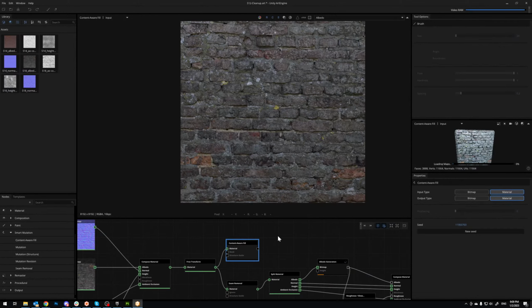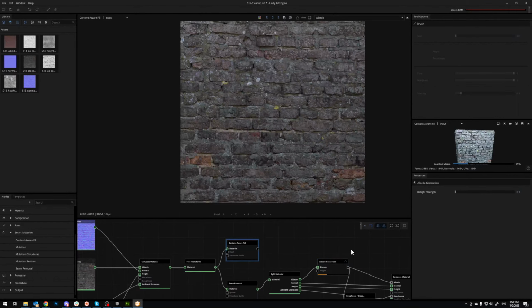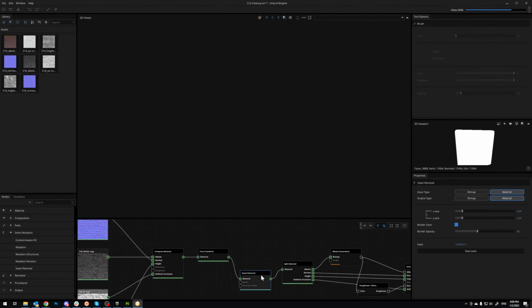But it looks like the content aware fill is broken right now for some reason. I don't know why. Yeah, you know what? I'm just going to go ahead. Okay, fair enough. Art Engine was bad, but it was not this bad. So, just to be fair about it. But anyway, what I'm going to do is skip the seam removal and